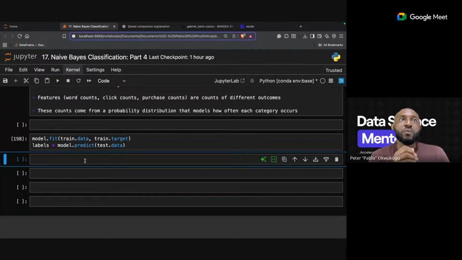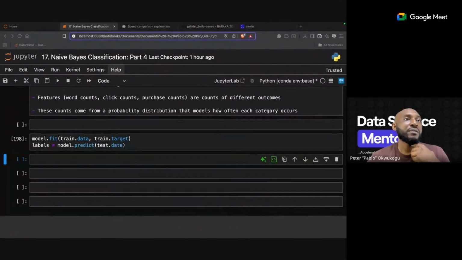Now, what we are going to use is a confusion matrix. We are going to use the confusion matrix. Now we're going to use the confusion matrix to